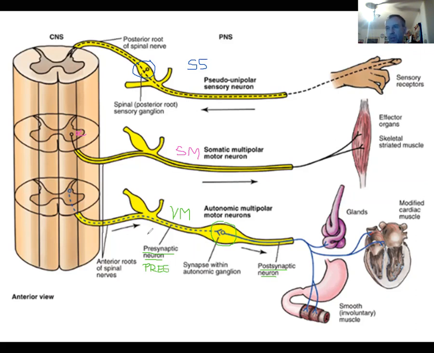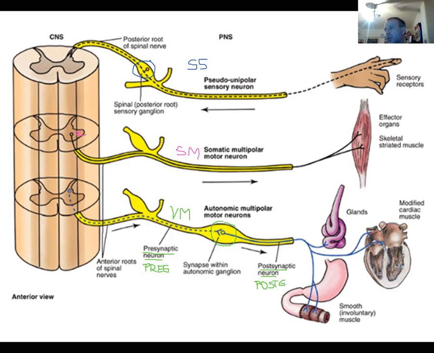Of course, they differ by the position, and they also differ by the myelin sheaths. The preganglionic are myelinated, and the postganglionic are not myelinated, so they are unmyelinated. The postganglionic. What about